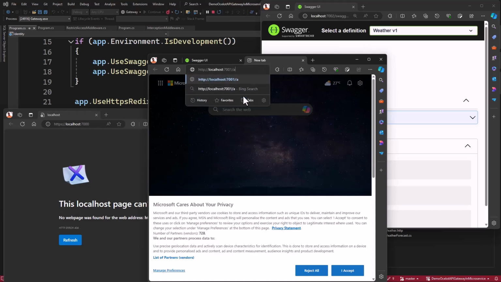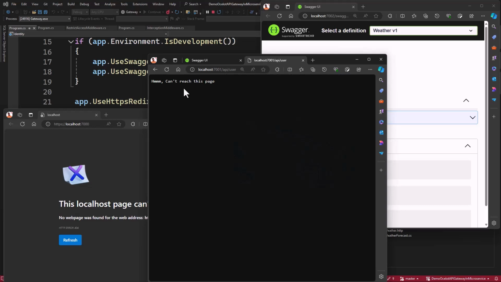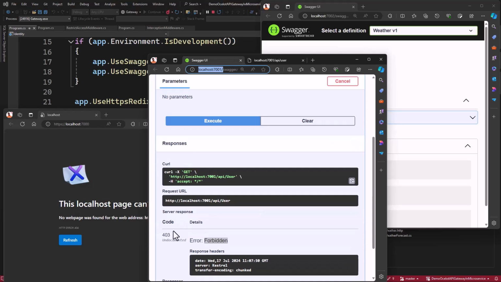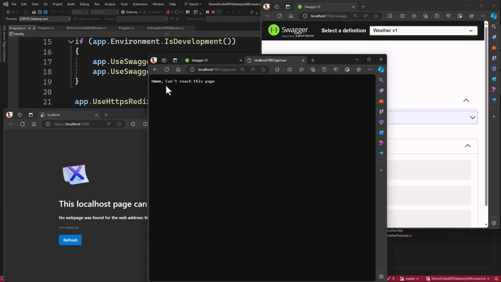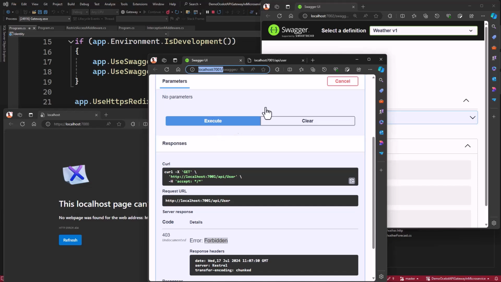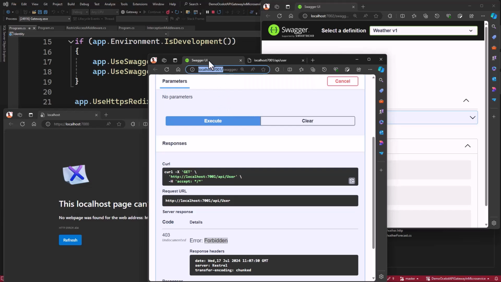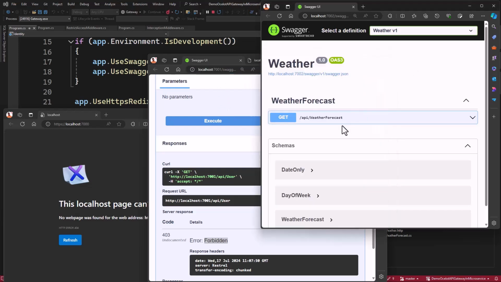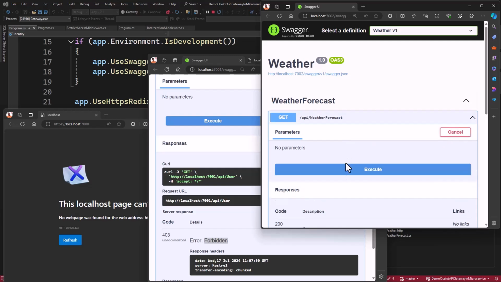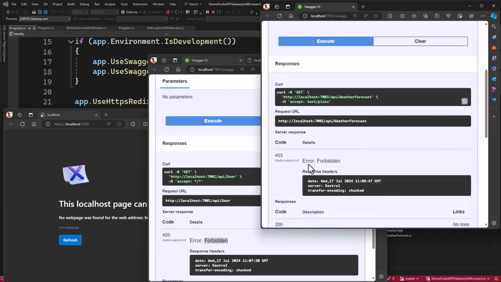Now let's see, in case we decide to run this, and I say this API/user, that's what's going to happen. So you can see, can't reach this page, right? So on the UI, we have forbidden as 403. And now, when you check it, direct access from here too, we have can't reach this page. Although this page is live, we cannot reach it because the middleware has taken charge, and now it is doing magic. Let's use it on the weather forecast and check it out. Execute. The same forbidden.